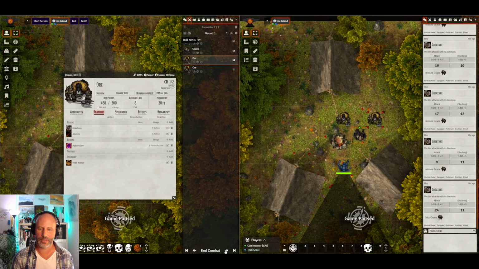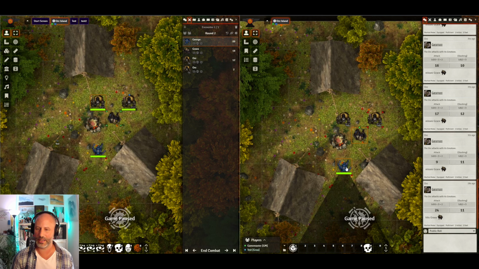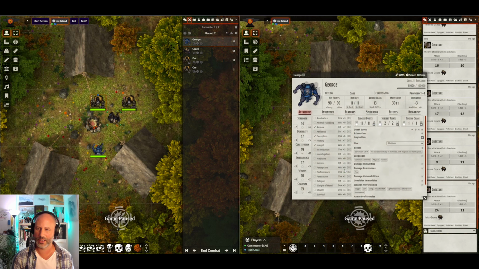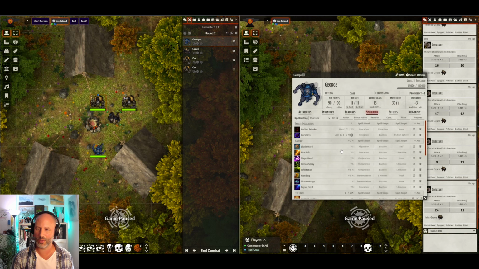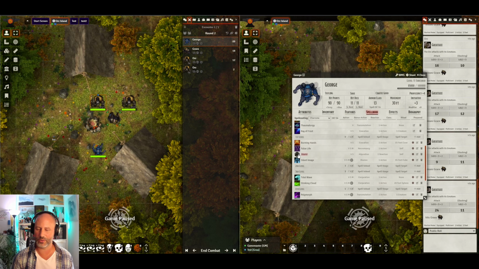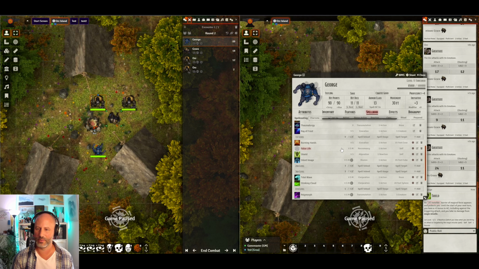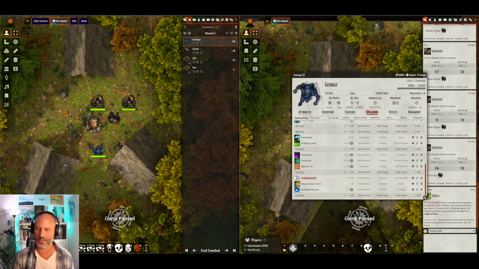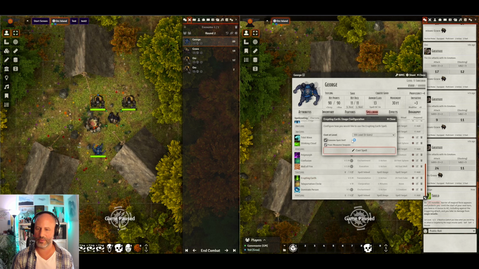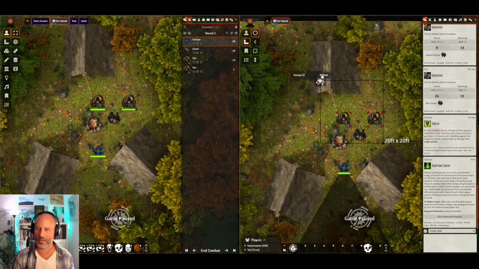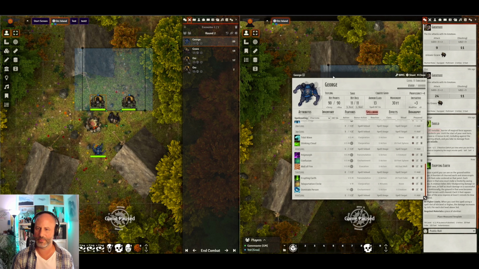If we go now to here and we move to the second round, and as a player I'm going to target this orc, and we're going to do one more spell book. We shall do a shield on ourselves, and then we will cast Erupting Earth. We'll place Erupting Earth just here,